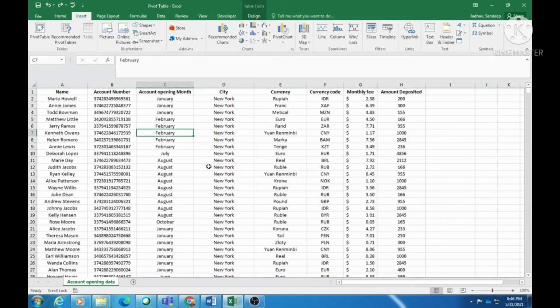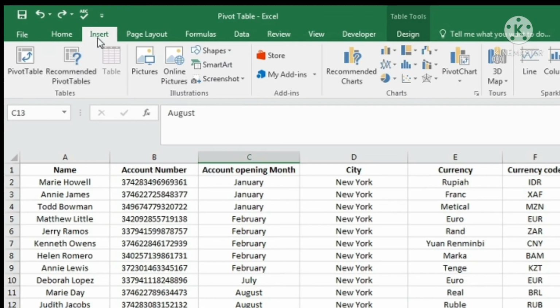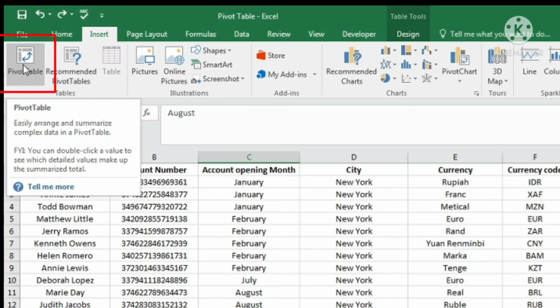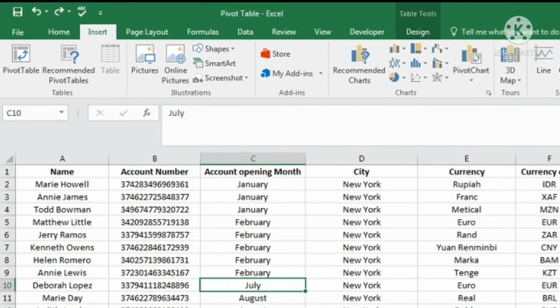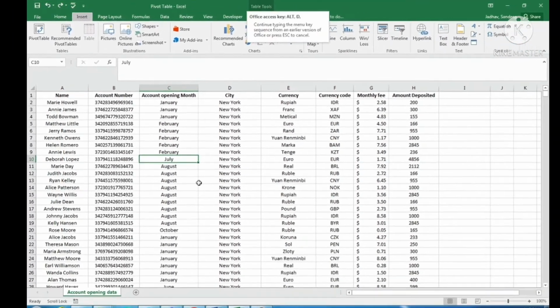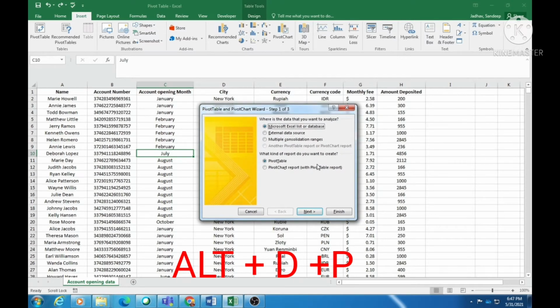Once we check the data and once we organize and clean the data, we can go ahead and create a pivot table. So we can go to Insert and then click on PivotTable. In all versions of Excel, we can insert a pivot table like this. Go to Insert and click on PivotTable. Another way of creating a pivot table is to use the shortcut, and that is Alt D P. So I will use the shortcut Alt D P. Once I click Alt D P, this particular window will appear.